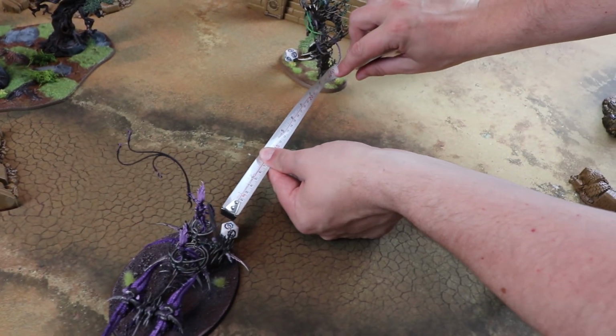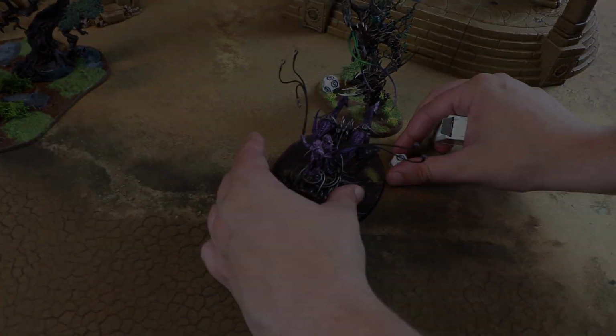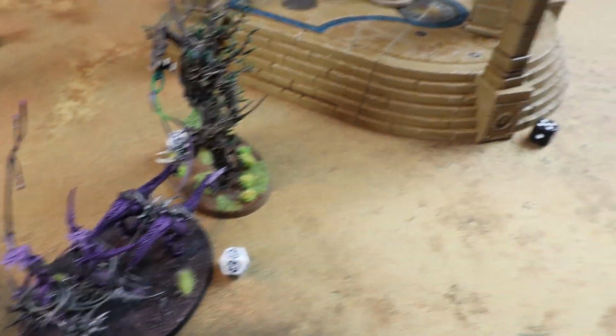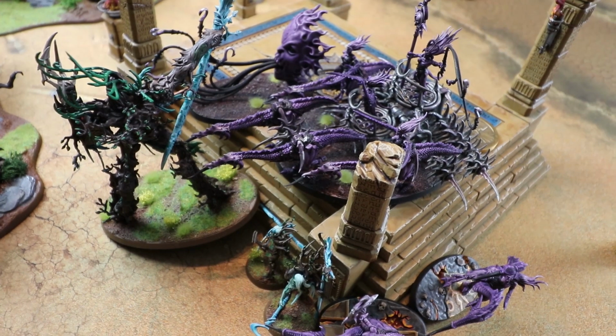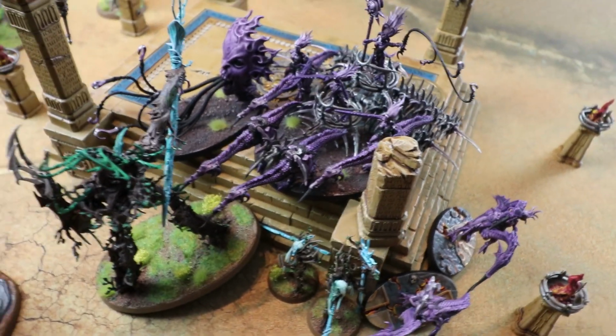Going back in on the tree lord. You can get within half an inch there. It's going back in on the tree lord. No. So the Chariot on a 2+ does D3 mortal wounds to the tree man. Yep. 1 mortal wound. Okay, so the Chariot with the Herald on it, every enemy unit within an inch of it,